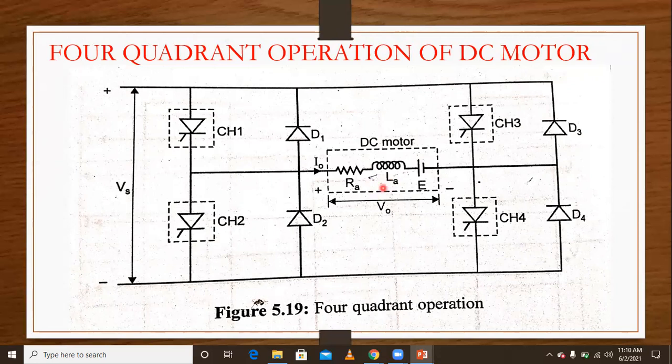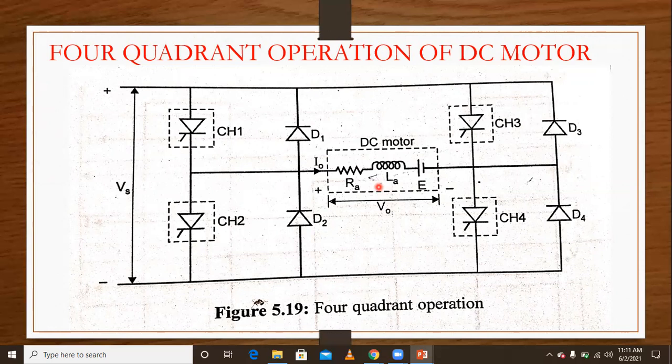So in this reverse braking mode, CH4 is operated, and the remaining devices are kept off. CH4 is operated, and the load EMF must have a polarity reversal. Am I right or not? In the fourth quadrant operation, current is positive and voltage negative. That means the source load EMF must be negative. The load EMF polarity is reversed.